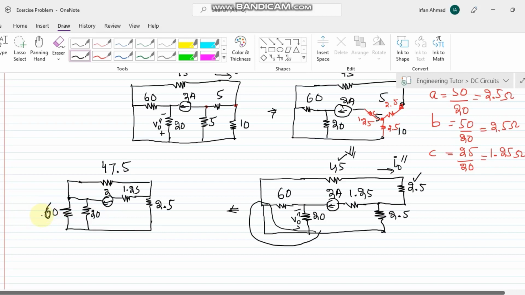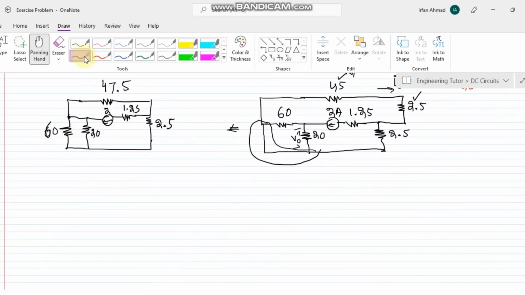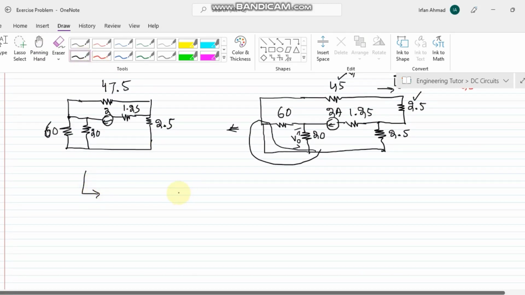Okay, so these are the two resistors, and also I can draw these two like, if you can see here, these two can also be drawn like this one here. This one is the resistor, which is 1.25, this is 47.5. You can easily see that I am not doing anything, but I am just representing them in the manner which will be easier for us to comprehend. Okay, so now here, this one,